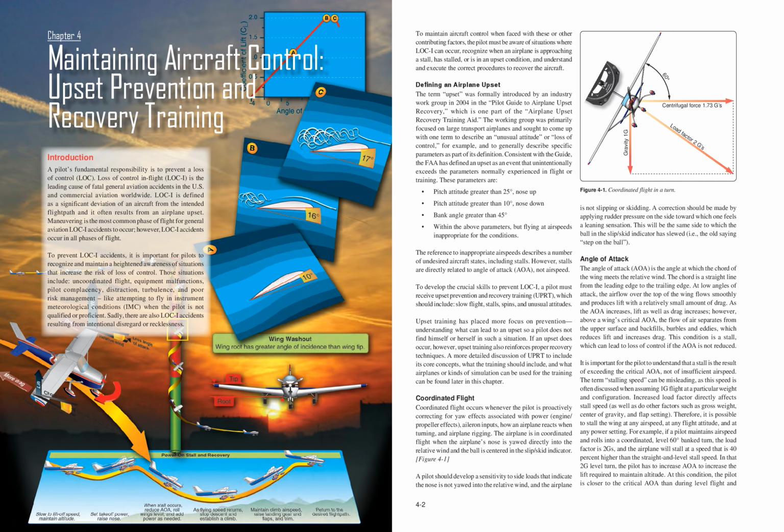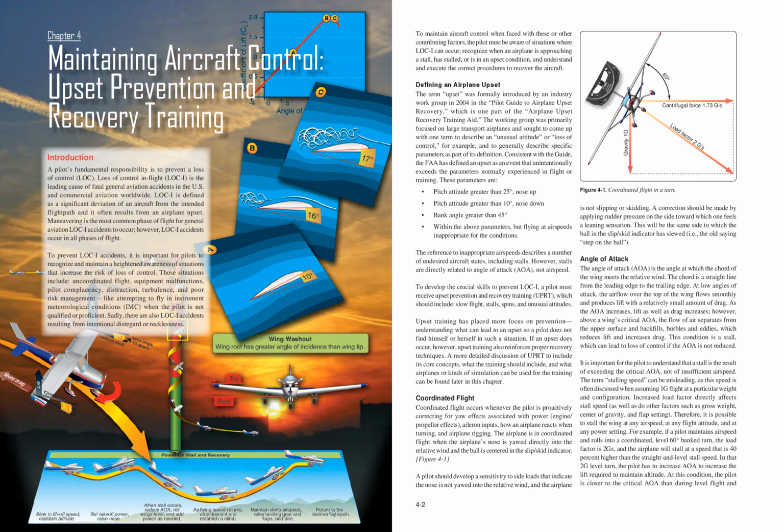Defining an airplane upset. The term upset was formally introduced by an industry work group in 2004 in the Pilot Guide to Airplane Upset Recovery, which is one part of the Airplane Upset Recovery Training Aid. The working group was primarily focused on large transport airplanes and sought to come up with one term to describe an unusual attitude or loss of control, for example, and to generally describe specific parameters as part of its definition. Consistent with the guide, the FAA has defined an upset as an event that unintentionally exceeds the parameters normally experienced in flight or training. These parameters are: